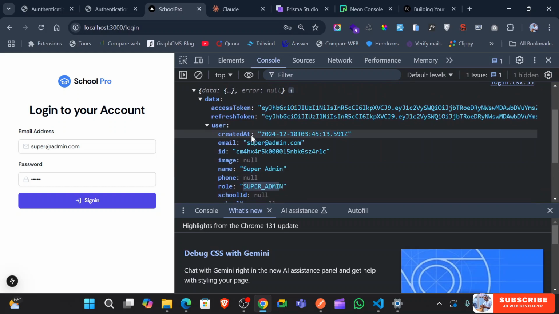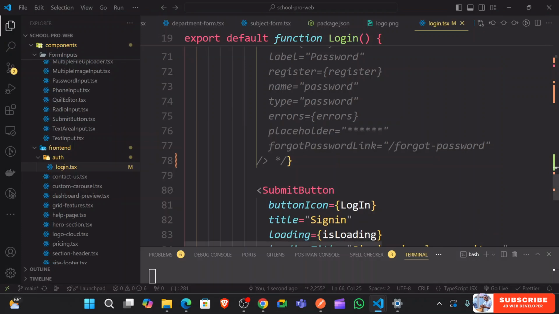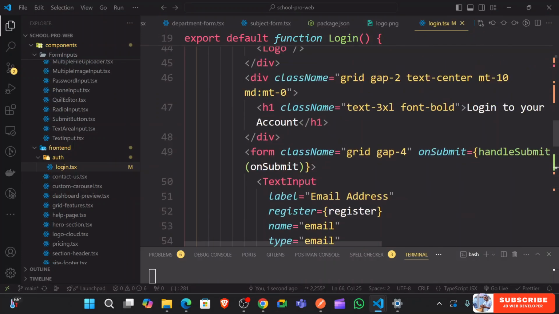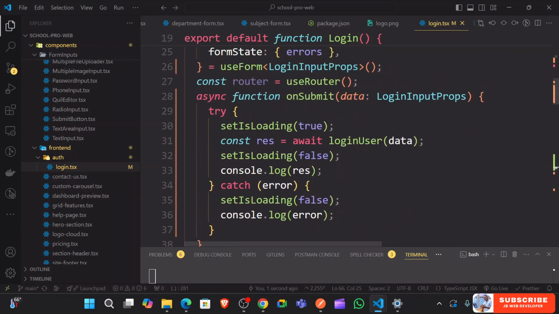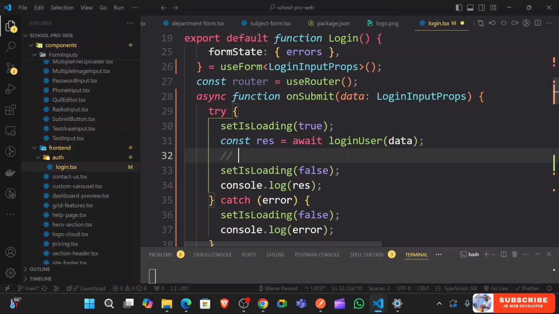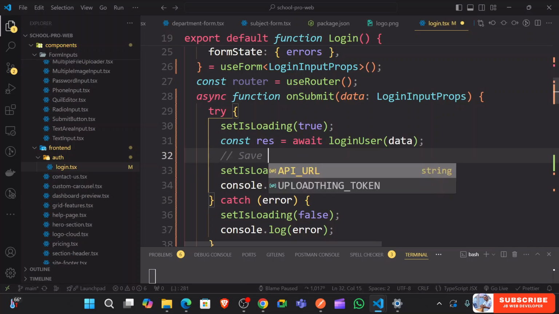So what do we need to do to keep all this information? We need two places. We need to do this both at the server and also at the client. We can save all this. So we need to do two things with this information. So one, we need to save